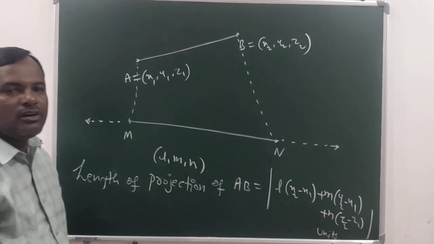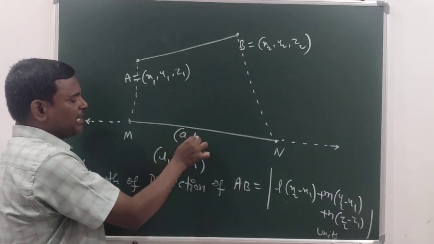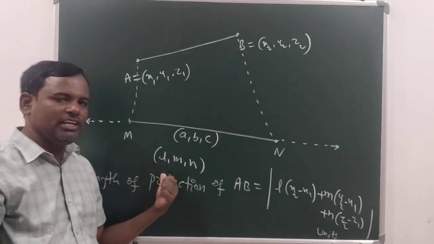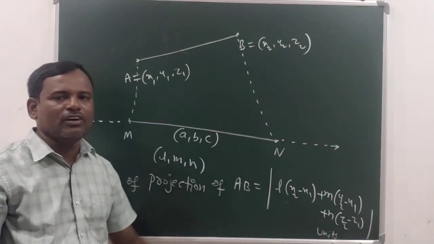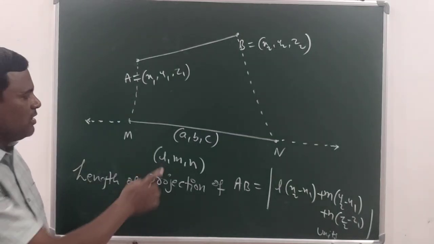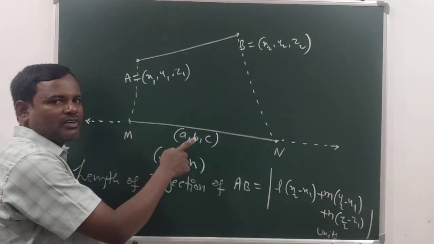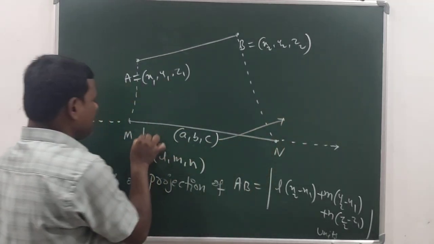Sometimes they don't give you DCs, they will give you DRs like A, B, C. Whenever the DRs are given, how to find DCs you know. Get the DCs and apply the same formula. What is given? DRs of the line. So when DRs are given, how to find DCs? So these are DRs